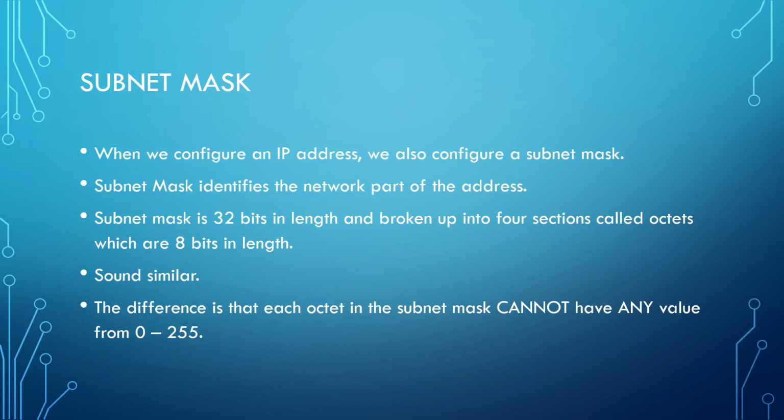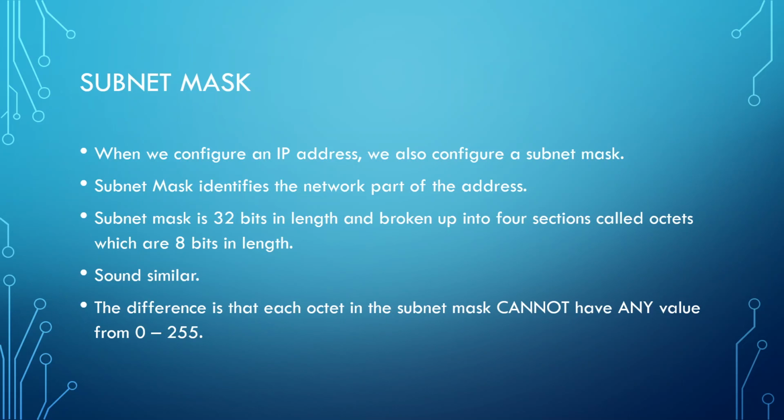So now I know what you're thinking. Okay, I know that an IP address is broken up into a network part and a host part, but how do we identify which part of the IP address represents the network part? Obviously, I've been telling you guys that we have to use binary conversions. Well, whenever you configure an IP address, you always configure another setting that is called a subnet mask. And essentially, your subnet mask